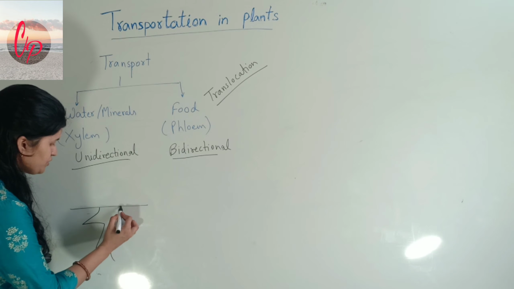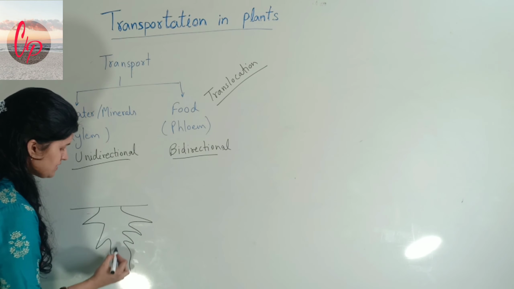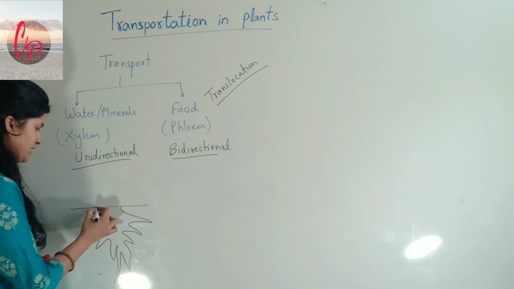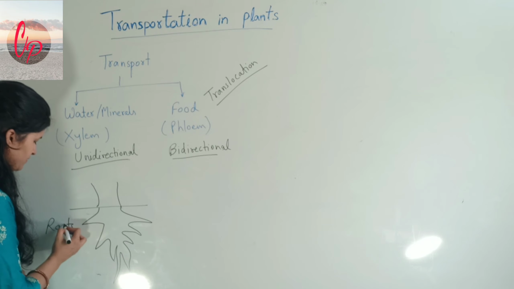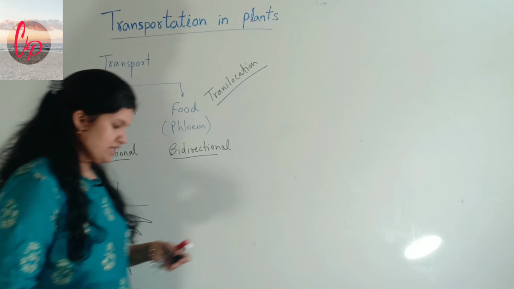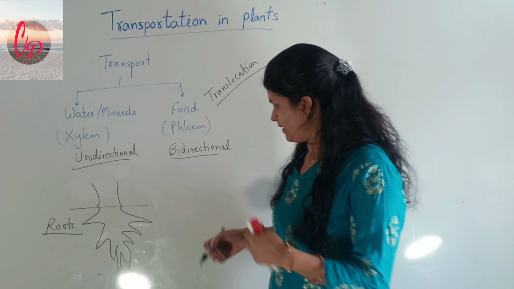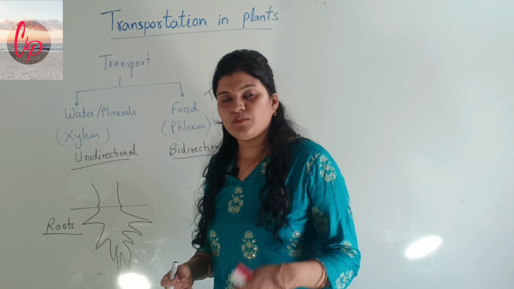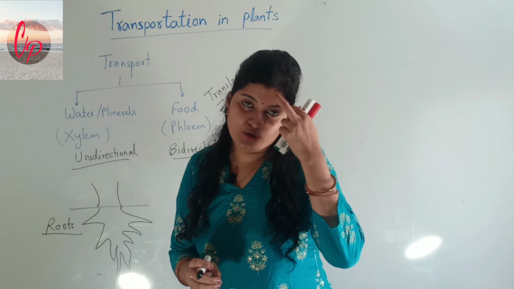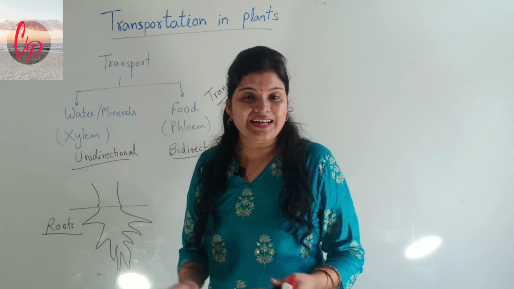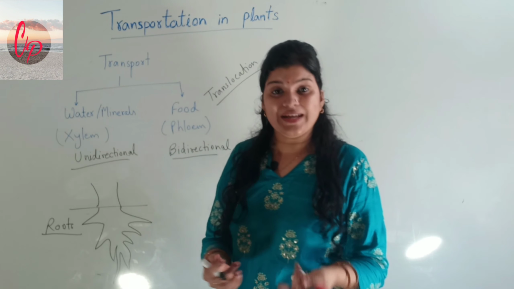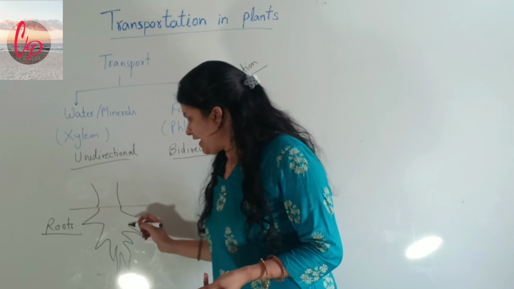Suppose this is the root of the plant, and this is in the soil. This is a tree or a plant, you can say, and these are the roots. So what will happen actually, to be very precise, plants have another way to absorb the water from the soil, so here they have to spend some energy. They have to give their energy, and energy is stored in the plants in the form of ATP. So they will spend their energy. ATP will be expended here, and after giving the ATP, the plants will absorb the minerals.